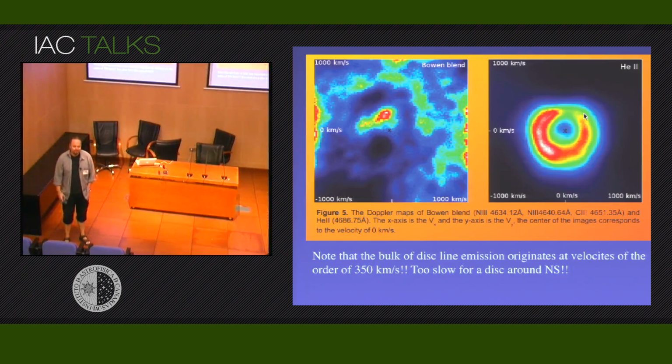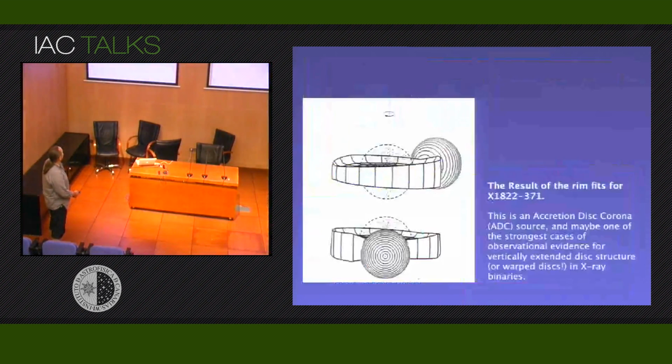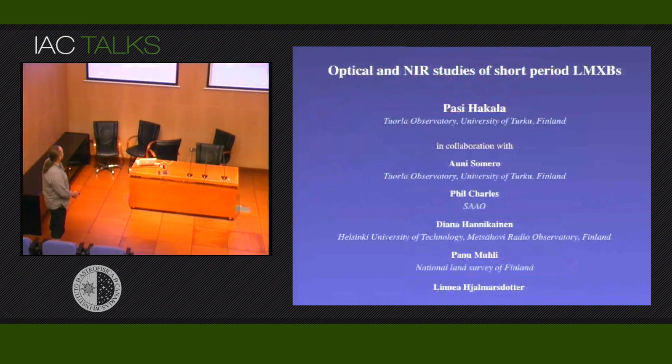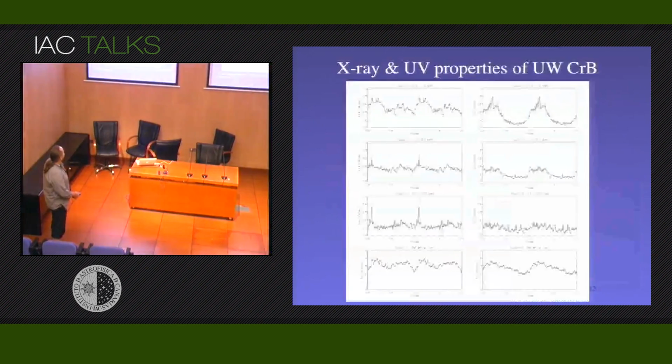Okay, we don't have. When we did this observation, for some reason we didn't take any U filter at all, and I don't know why. I don't think there is any UV data. This is all taken during the same night, so it would be a bit dangerous to combine with any other ultraviolet data because the light curve is doing this, and the system state might change a little bit. There's no simultaneous ultraviolet data. I haven't checked the XMM. There might be some XMM OM data, but then again, it's not taken at the same time, so we can't really say